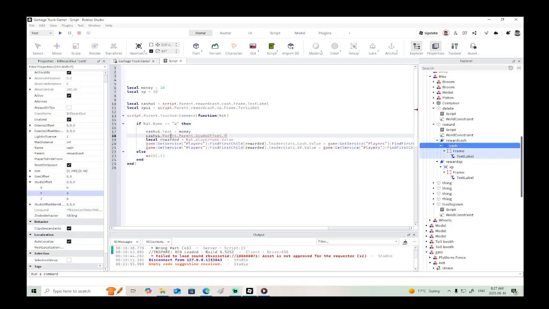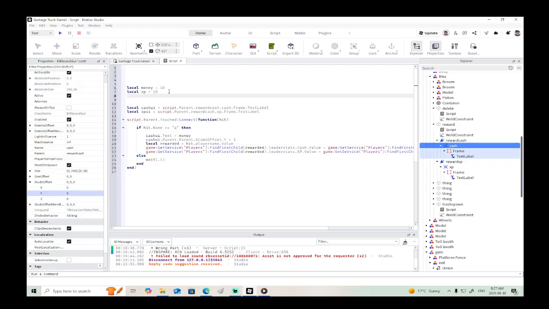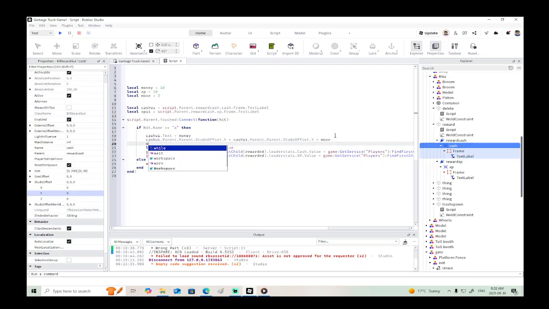equals, we could say +1 equals 1, or we could say local move equals... jeepers, it's got to be the same thing, plus move. Okay, so now if we do that, and then we could say wait,